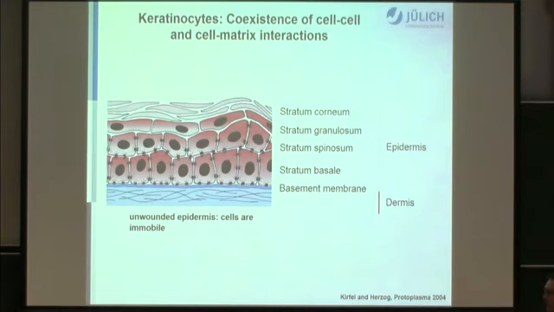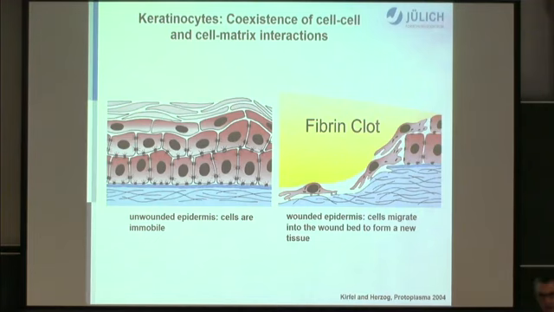This is something that is, when you check your skin, not very obvious, because those cells in the different layers are well attached to the basement membranes by cell-matrix interactions, but also to the surrounding other cells by cell-cell interactions, and even the composition and the structure of the cell-cell interactions varies from layer to layer. But this very stable structure becomes immediately very motile upon a scratch, a wound,